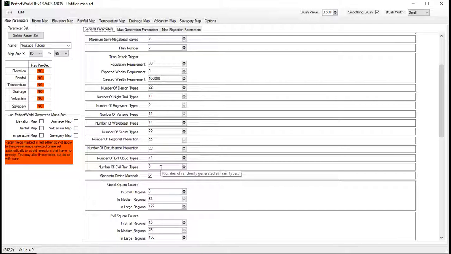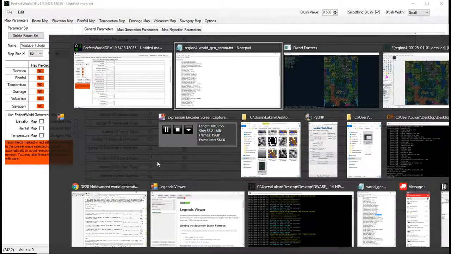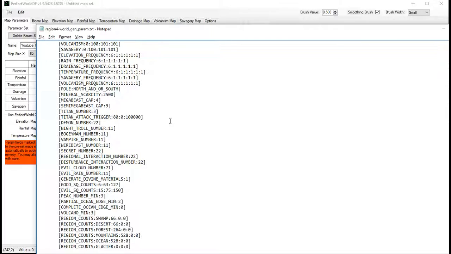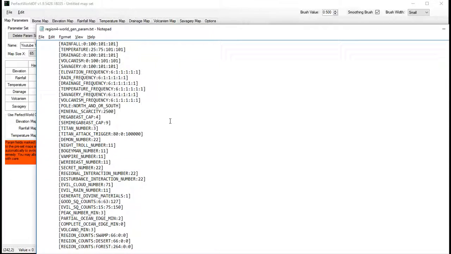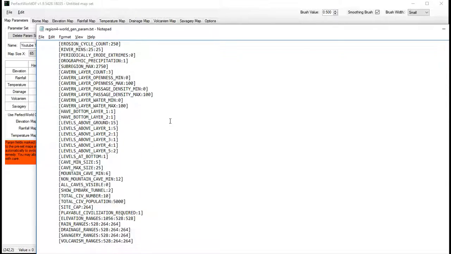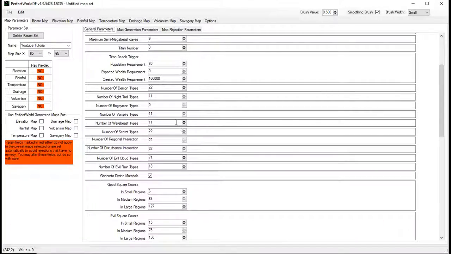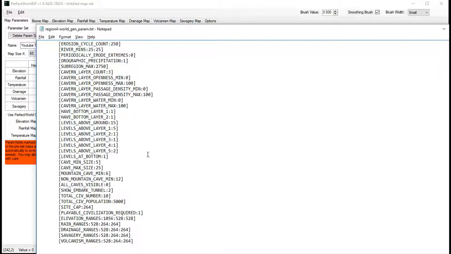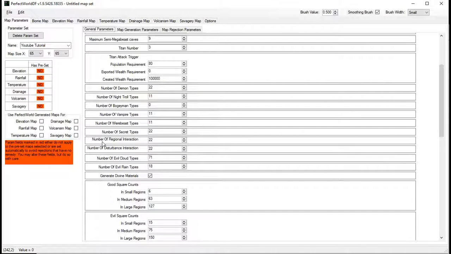I changed that. That was not a goodie. Well, I'll go back and fix that, or not even save it and just re-import it and have that all fine. But that's a little bit more information for how to use Perfect World, and also a little bit more information on the